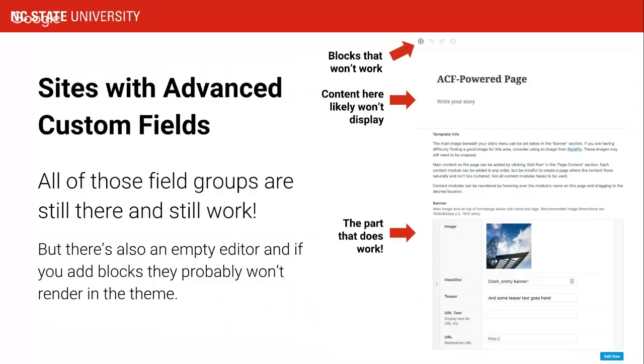Again, this is not a nightmare scenario. You still have a way of creating and editing content. You still have a way of making the changes you need to make to your website, and your end users won't know the difference. It's just inconvenient because you have all these new tools that are